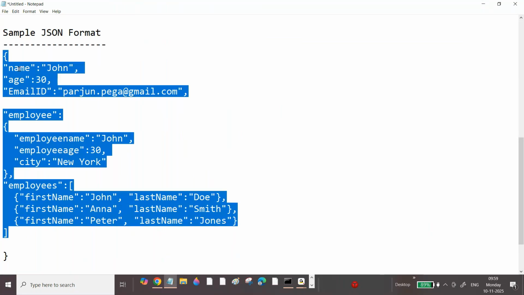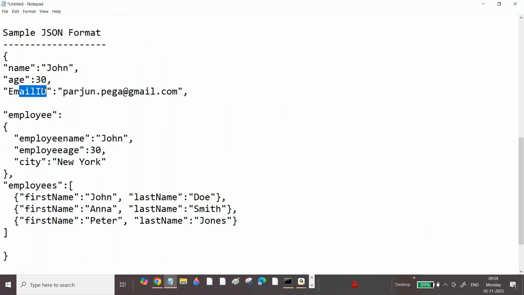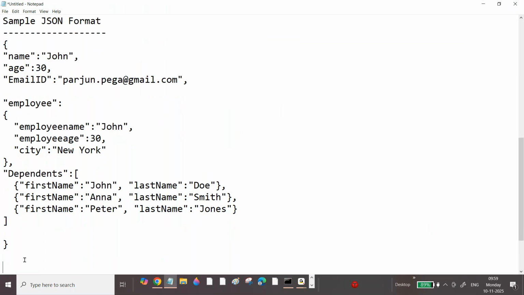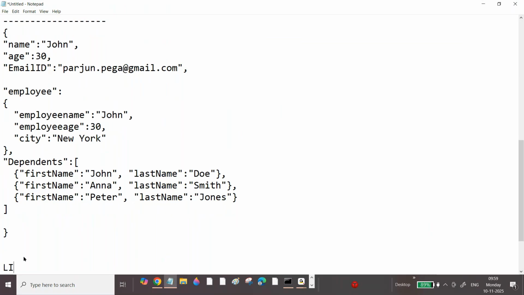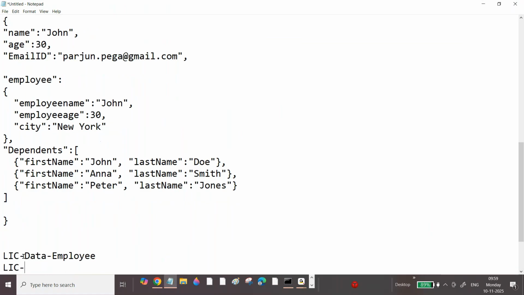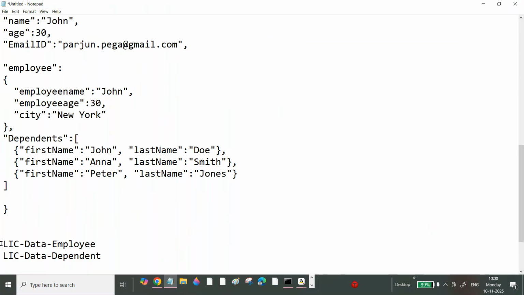Now what I will do is create one single property and one page property. For example, just think that here it is dependents. Now I am going to give dependents. This is the employee. There are different ways I can do this. You can go the reusable way, which means LIC-Data-Employee, LIC-Data-Dependent. You will create these properties in this class,